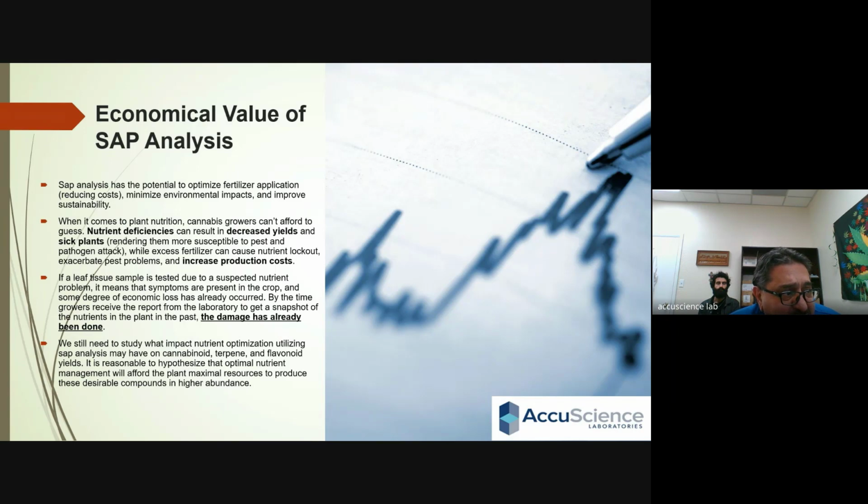And as we all start seeing the importance of the terpenes and the flavonoids, along with the cannabinoids, and the synergy effect that terpenes or flavonoids could have with the cannabinoids, these are very important. It is something that really has to be studied, and it has a lot of value in the cannabis industry. And as we get more and more into the cannabis industry,